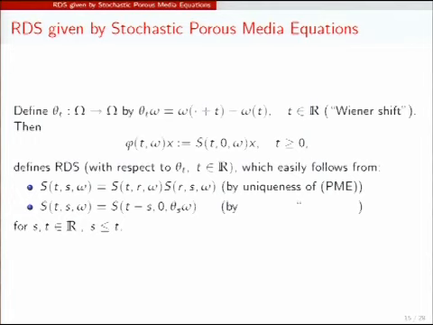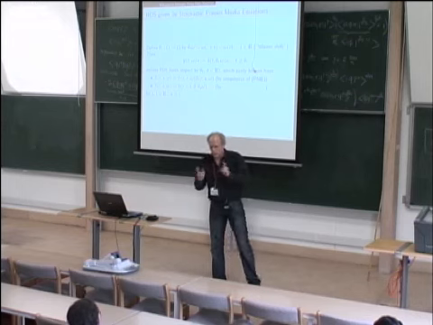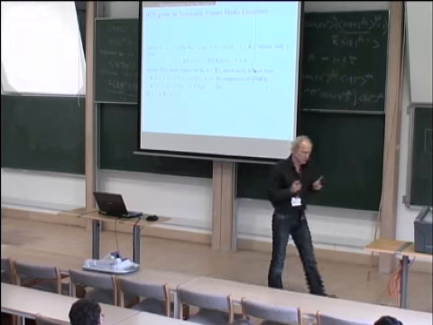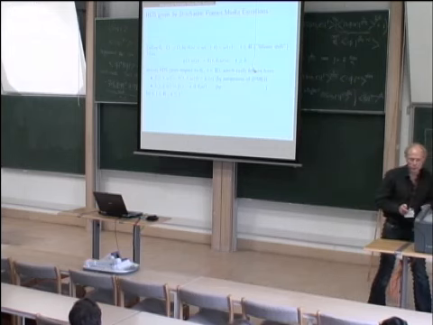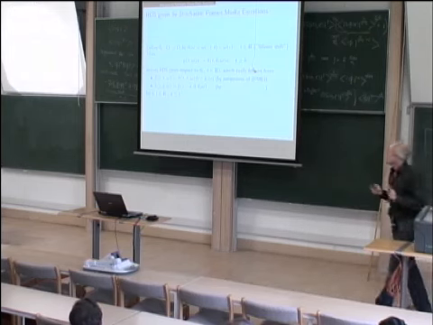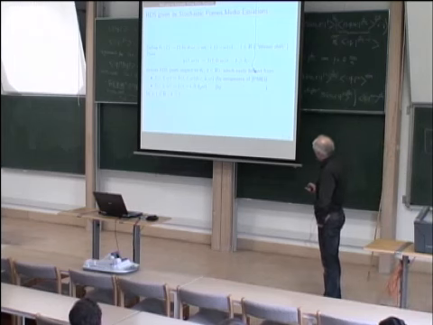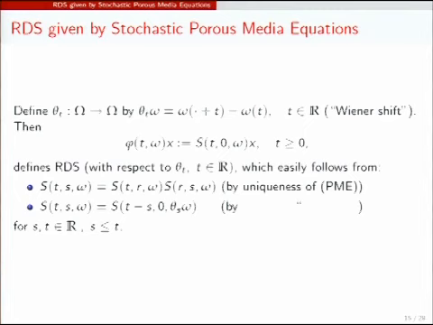And then by uniqueness of solutions, this is not uniqueness in the stochastic sense. It's omega-wise, omega fixed. And whenever you work with random dynamical systems, of course, experts know you have to work with fixed omega. So therefore, it's very important to have uniqueness for the deterministic equation. So this is here. And then it's another one by uniqueness. And then I leave it to you as an exercise that by these two properties of our solutions, this will satisfy the cocycle property, the important cocycle property. So we have a random dynamical system.